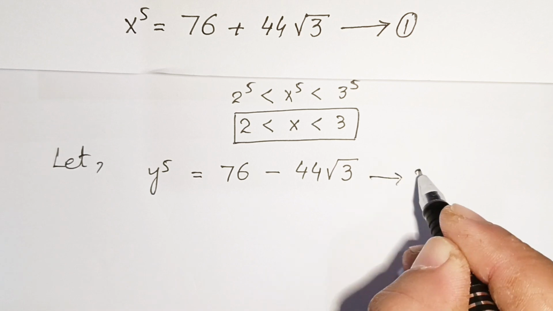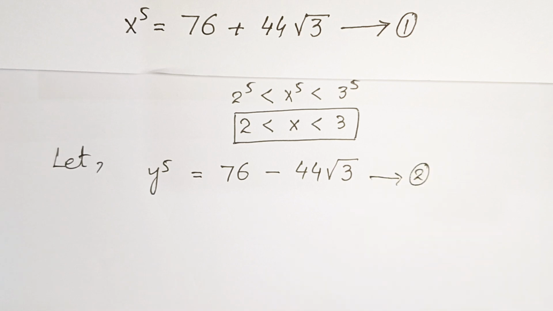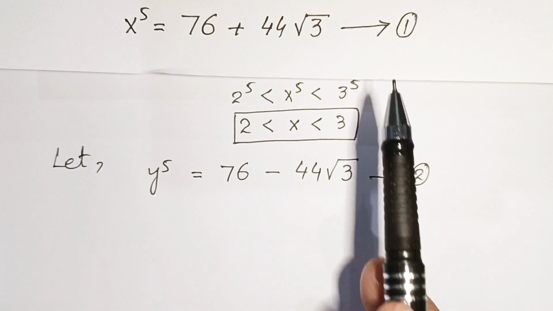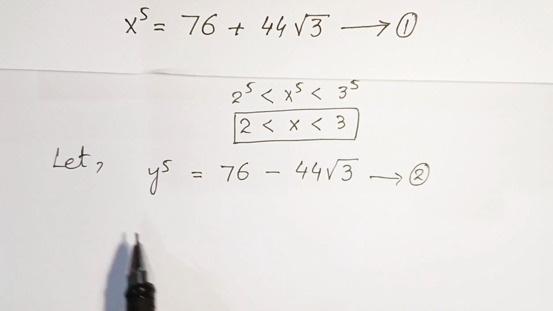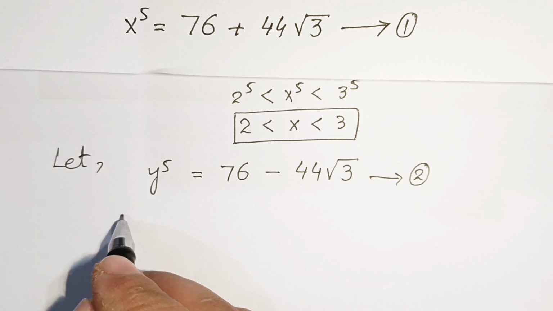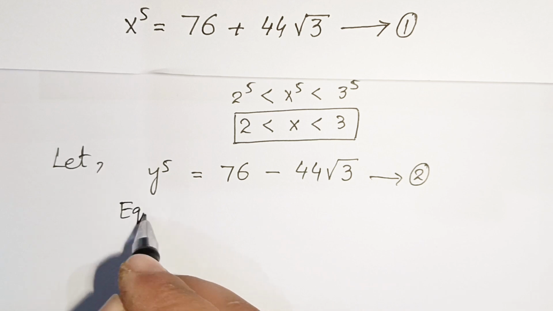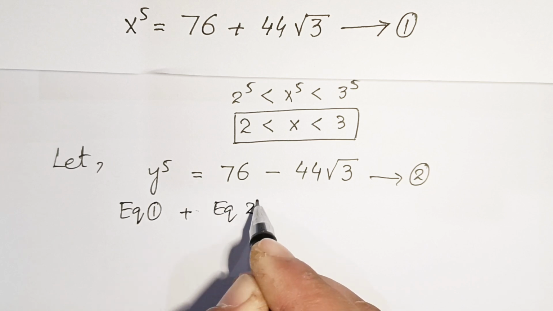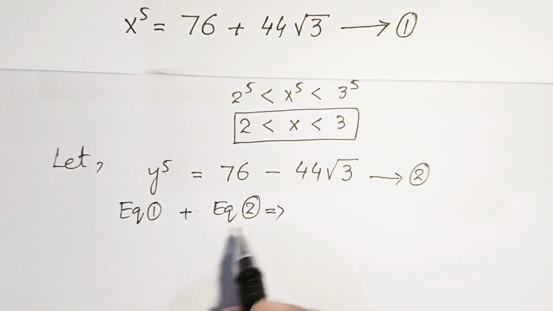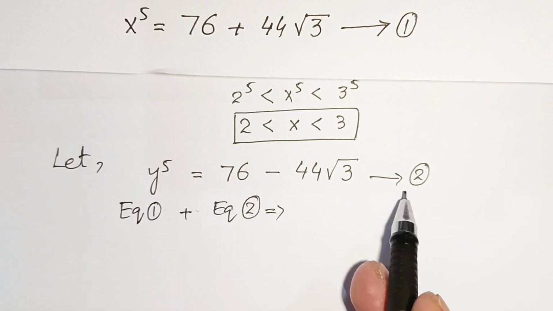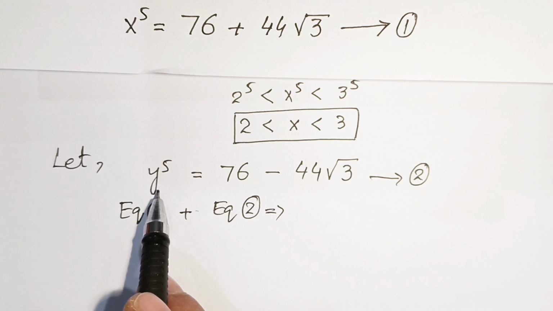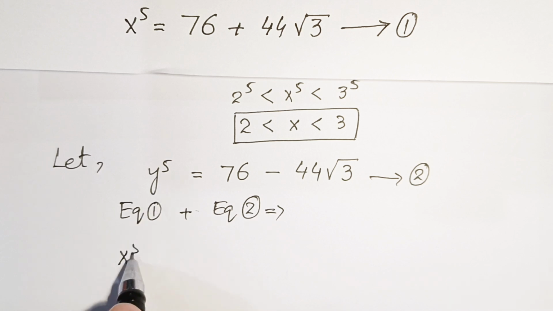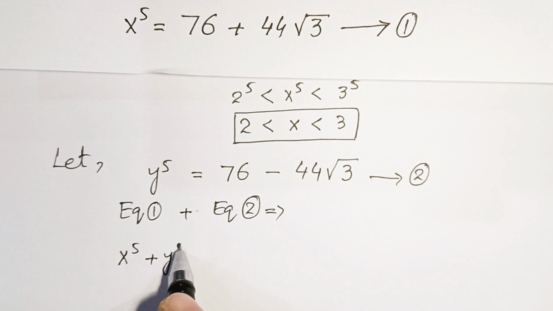So let's say it is our equation number 2. Now, if we are going to just add equation 1 and equation 2, then we have the left hand side of equation 1, which is x to the power 5, and the left hand side of equation 2, which is y to the power 5. So we have x to the power 5 plus y to the power 5 is equal to